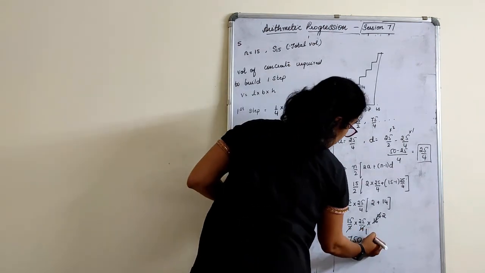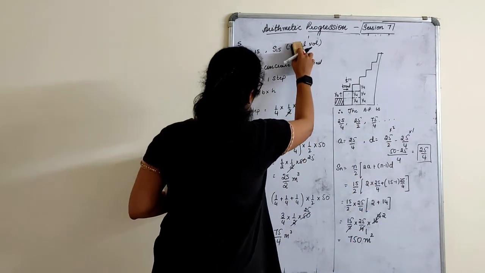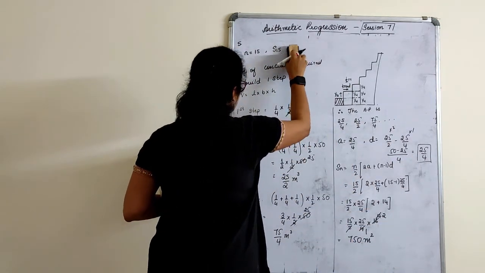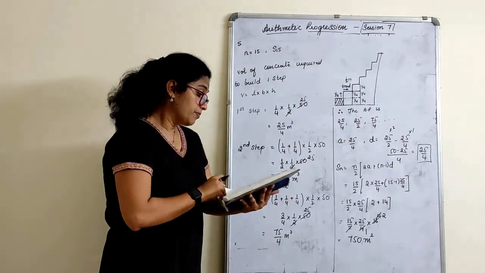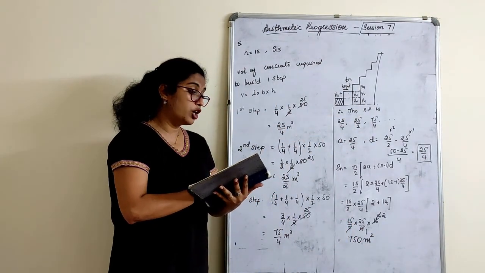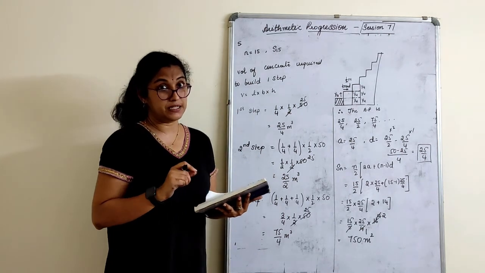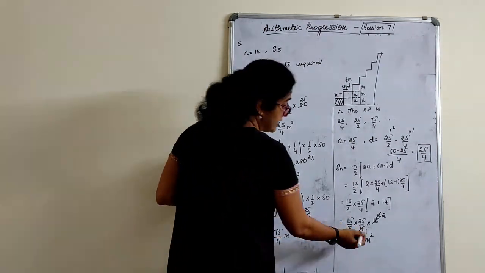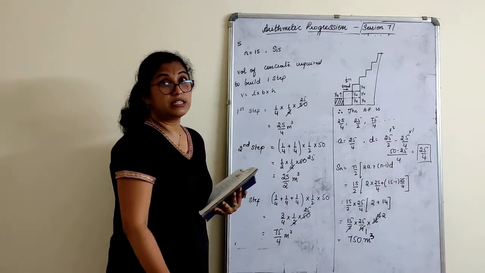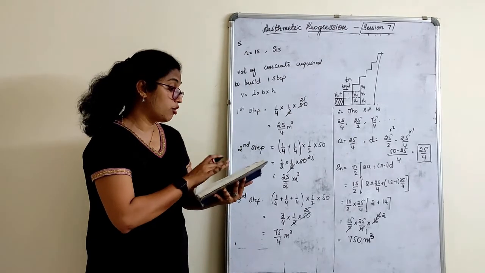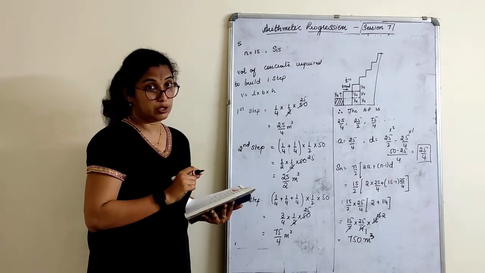Actually it should be volume, not total; we are finding the total volume. Actually not the total, what is required here, because already the volume we found out. This is the total, that is what I can say is the total volume of the concrete required to build 15 steps. So actually you can give the answer in cube. Yes, you can give it here. So this is the total volume of the concrete required to build 15 steps, which should be your conclusion.